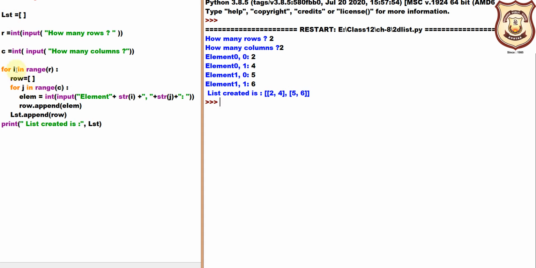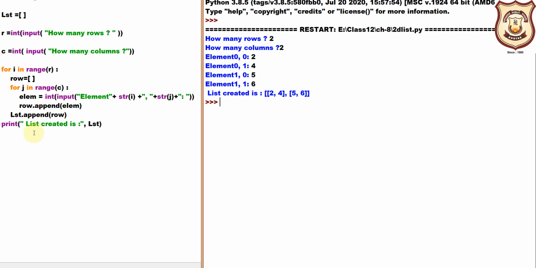When i is incremented again, initially i was 0, so you have given values 2 and 4, and they are being stored inside this LM, right? So when you have given the input, it gets stored inside this first row. This is the first row, and this is your second row. Fine, so every list is being added in a row.